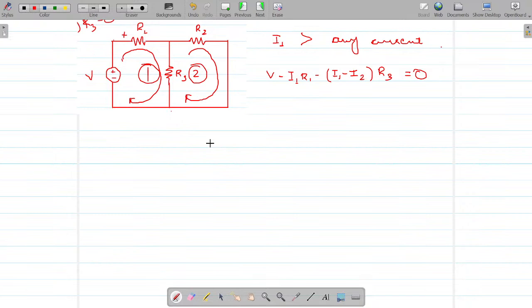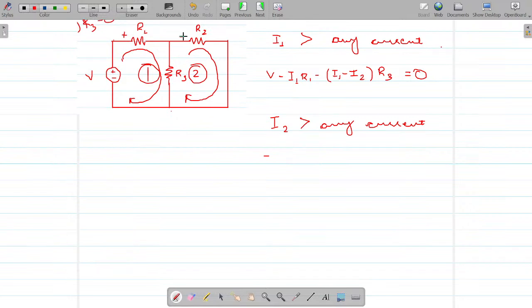Now tell me, in loop 2, what will you do? In loop 2 we'll write again, this time again, whichever loop you're traversing, what will we say? We'll say the loop current is greater than any other current. So if I have to write the equation for this loop, tell me how will I write? First tell me what will be the